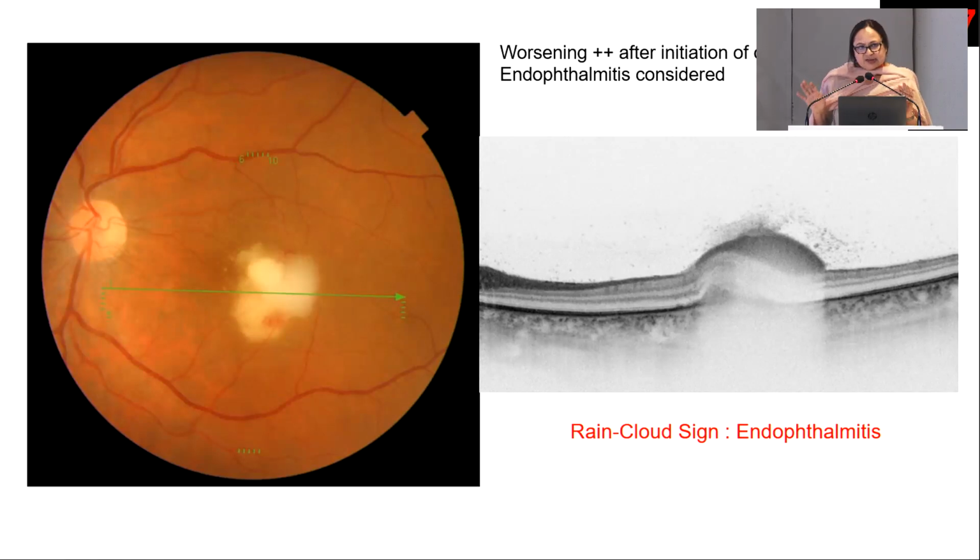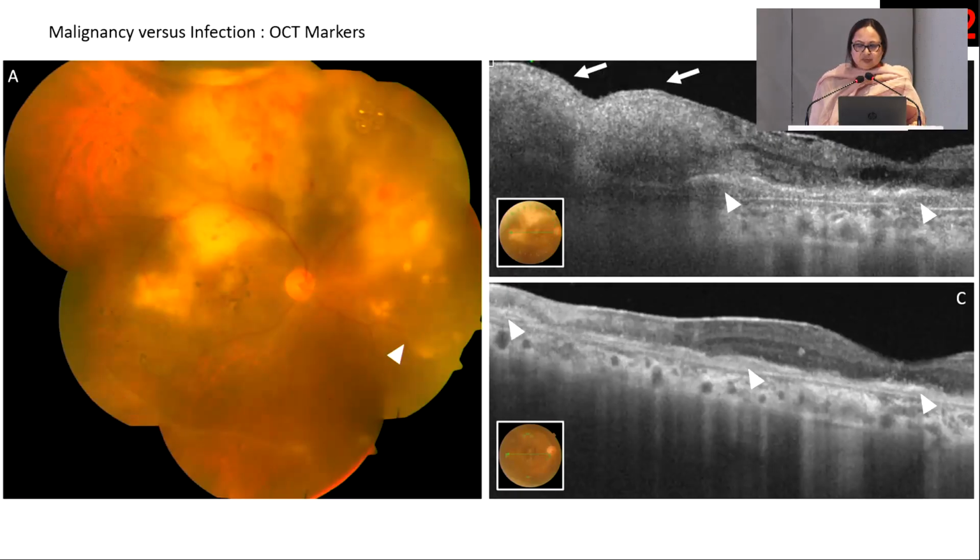So if you see this kind of a rain cloud sign, be very certain that it's going to be infective, and this is not one of the non-infective uveitis, and it's important because then you don't give steroids, then you try to find out the cause. We work in uveitis, and we all know that we are kind of strange people who confuse lymphomas with toxos and viral, and we all have done it at some stage or other in our lives.